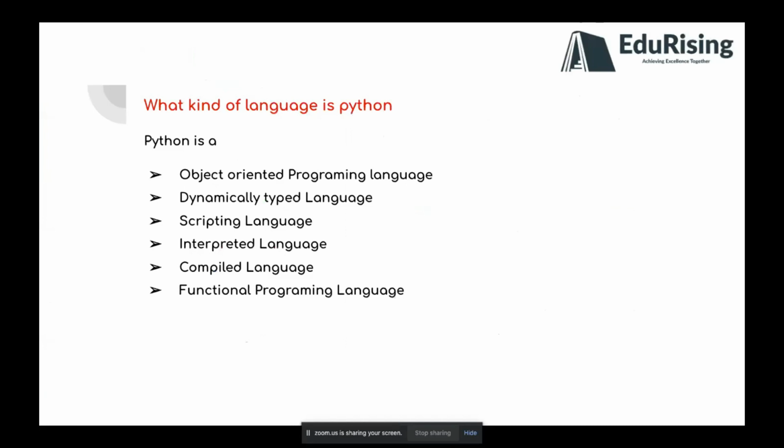Then what kind of language is Python? Normally, if you ask Java, Ruby, or PHP developers what kind of language it is, in the introduction they used to say Java is an object-oriented programming language, C or else it is a scripting language, or it is a function-based language, like that they used to say. In that way, if we see Python,